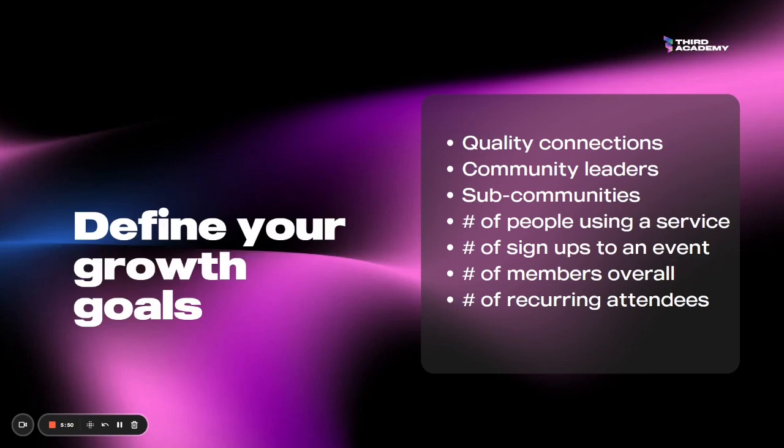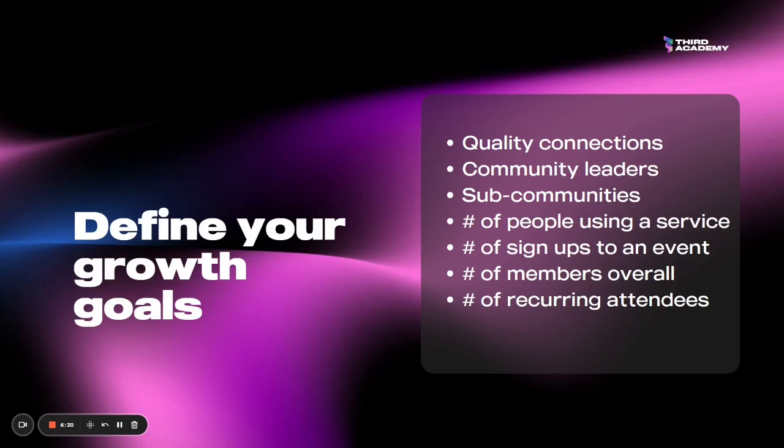You get to co-create with your members, and you get to learn along the way of how your project is really going to work, right? So you can start with defining your growth goals in terms of quality connections. You want to bring people in and have them form connections and friendships so that it really does feel like a community, like they are there to help each other and it's a safe space. And so quality connections can look like people that are showing up to audio spaces, people that are connecting one-on-one, or people that are connecting in certain groups or channels.